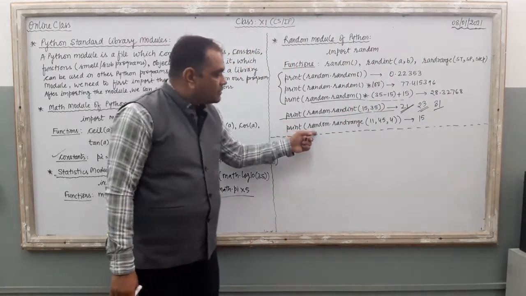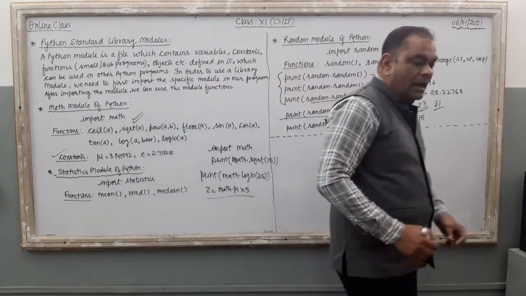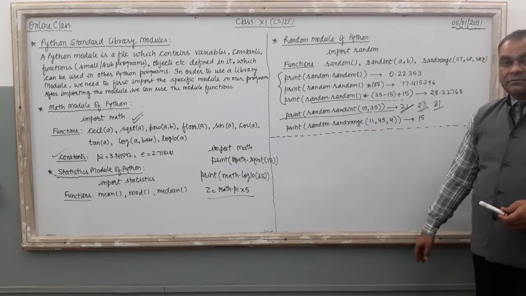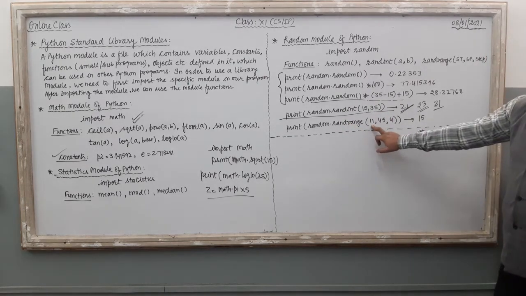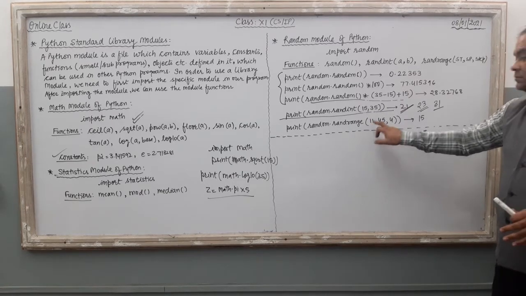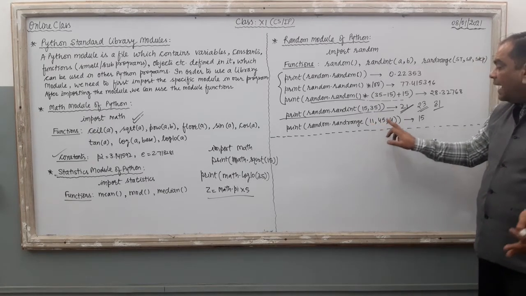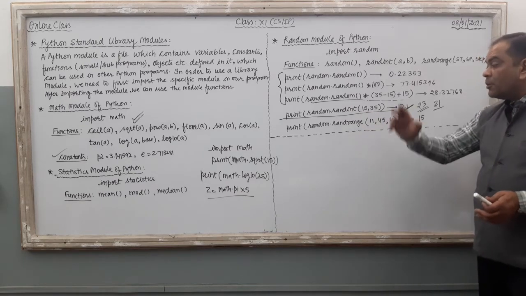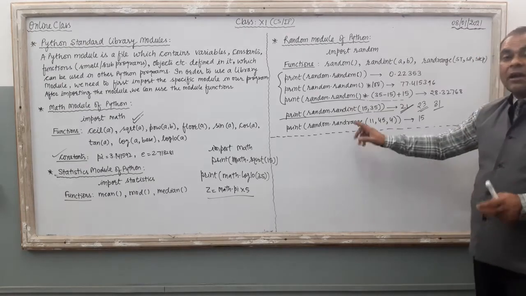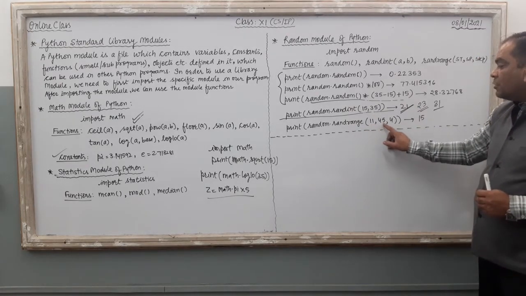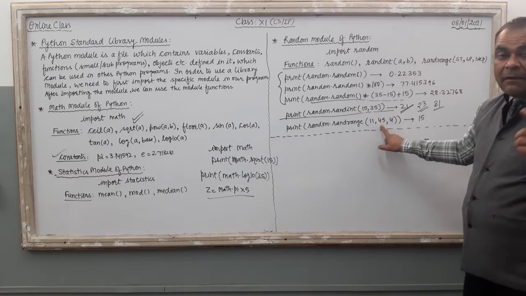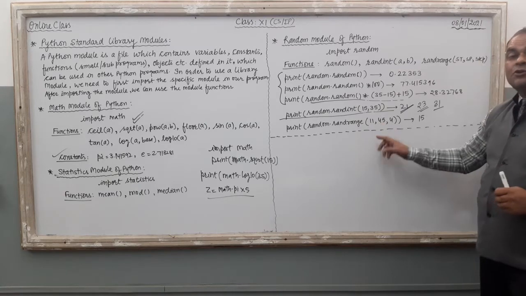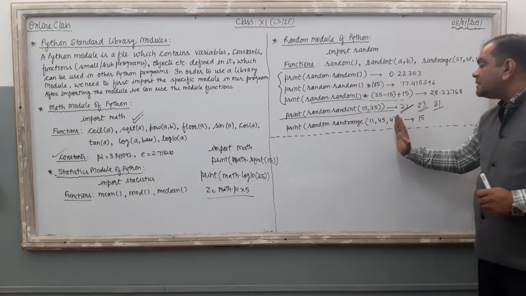Clear? Now the last function of this random module is the randrange function. Here you can supply a start value, an end value meaning the range, and then a step also. So what is the output of this function randrange? It works on a given range. Here 11 to 45, it will produce a random number in between 11 to 45. But the random number should have the specific step.